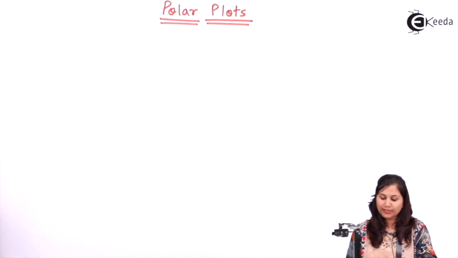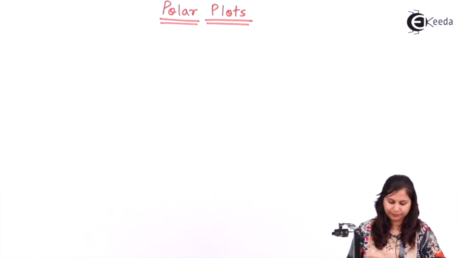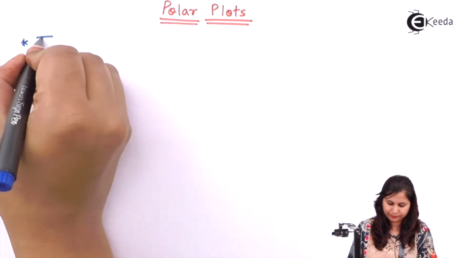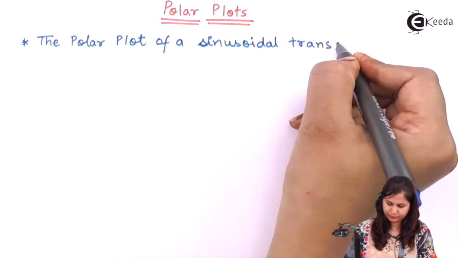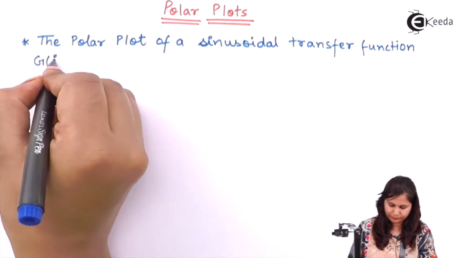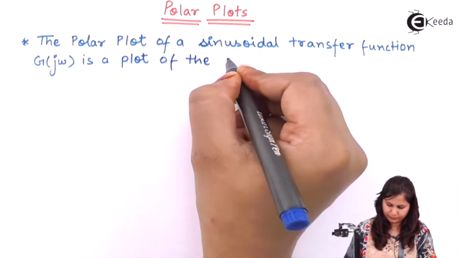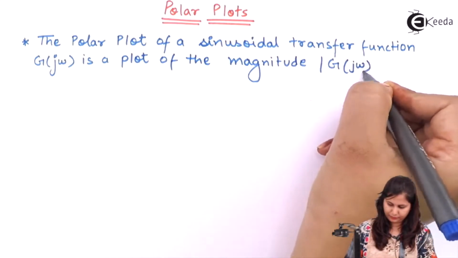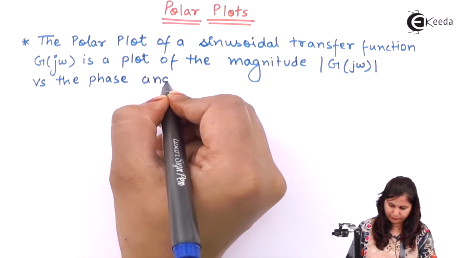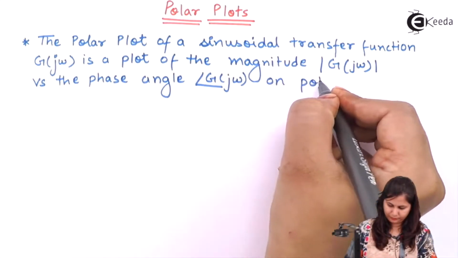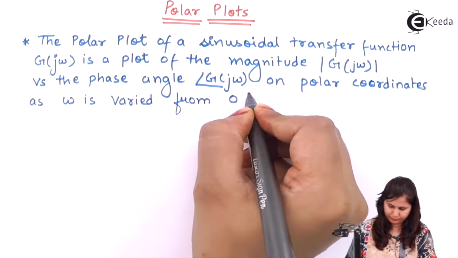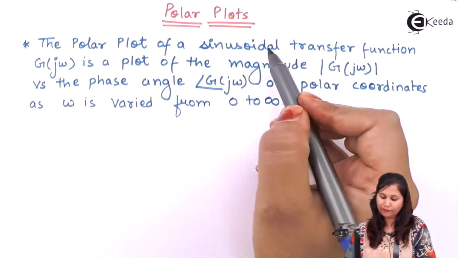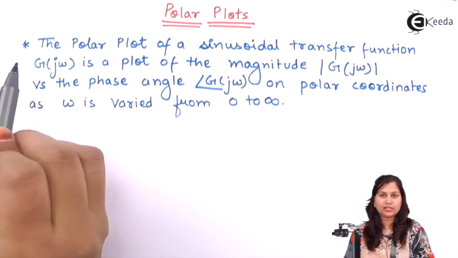The polar plots are used in the frequency response analysis of control systems. So let us say, what is a polar plot? A polar plot is of a sinusoidal transfer function, and this transfer function is G(jω), and it